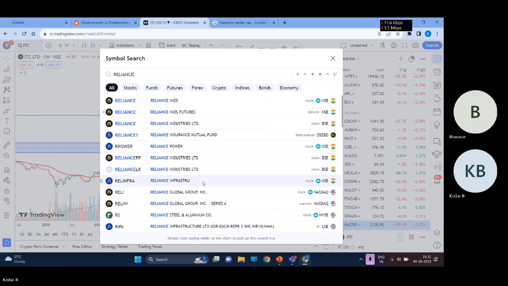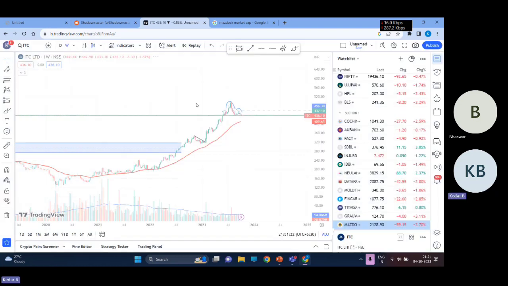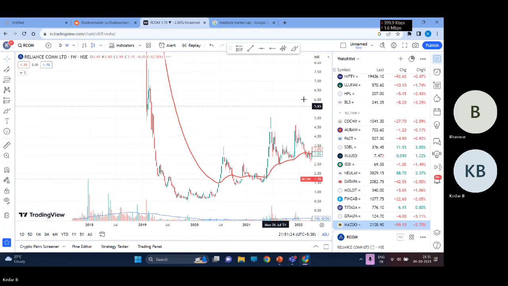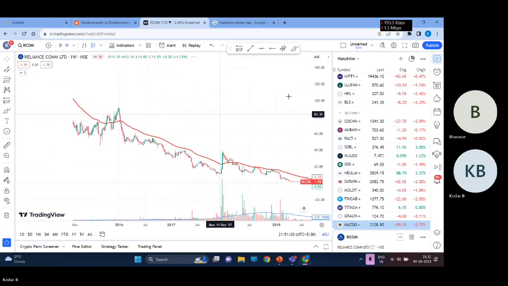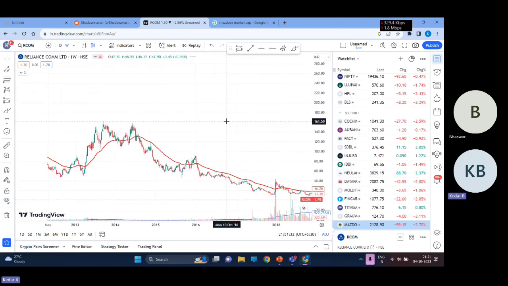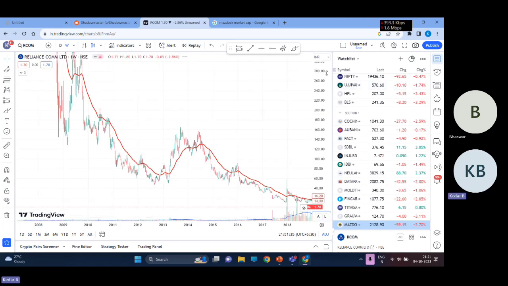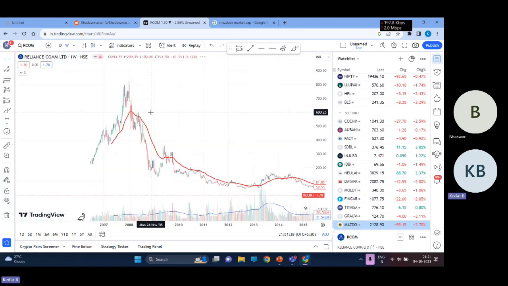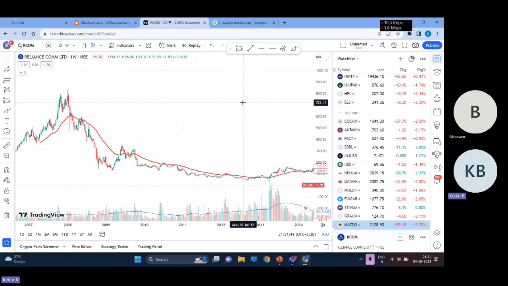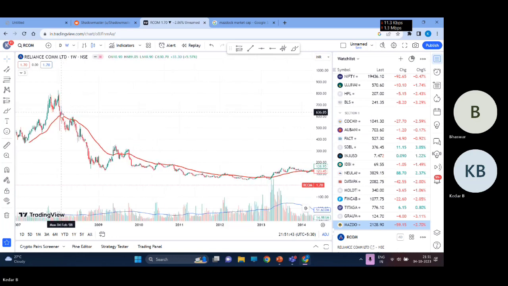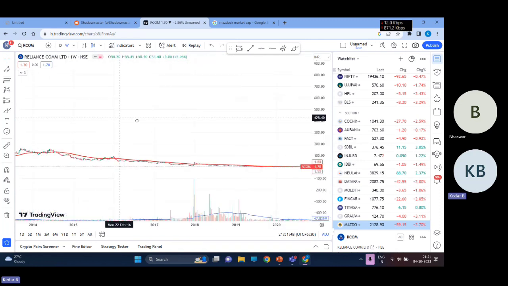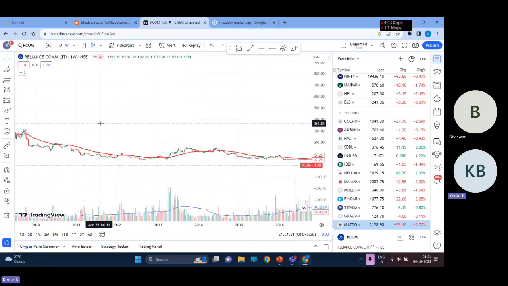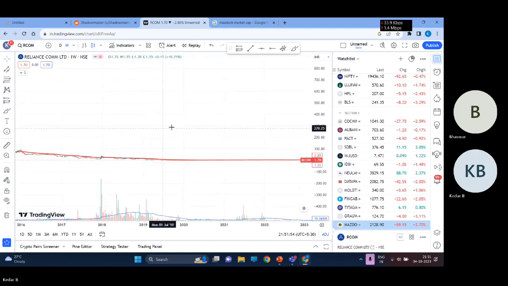Reliance. Where is that? Reliance Communications. Yeah. Look at this. What you can see. Oh man, it has fallen so much. Yeah. Oh, it still has gone. Oh man. And yeah, what you can see here. Right after 2008 till now, it's a penny stock now. Reliance Communication, penny stock. You can see how much has it fallen, though it was such a good company back then. I mean, after